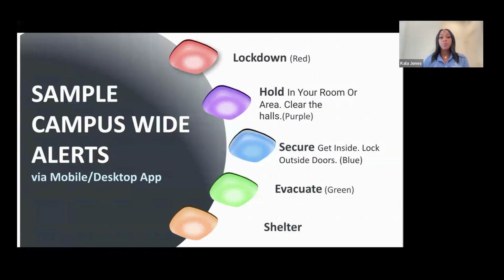And here's a sample view of the campus-wide alerts that can be initiated at your site. This is solely based on your district, so the district can pretty much pick and choose which campus-wide alerts they do want to leverage based off of the Crisis Alert system and for what reason. So you have a lockdown, you'll have hold, secure, evacuate, and shelter, and then you have the corresponding color that you would see on the alert strobes throughout the